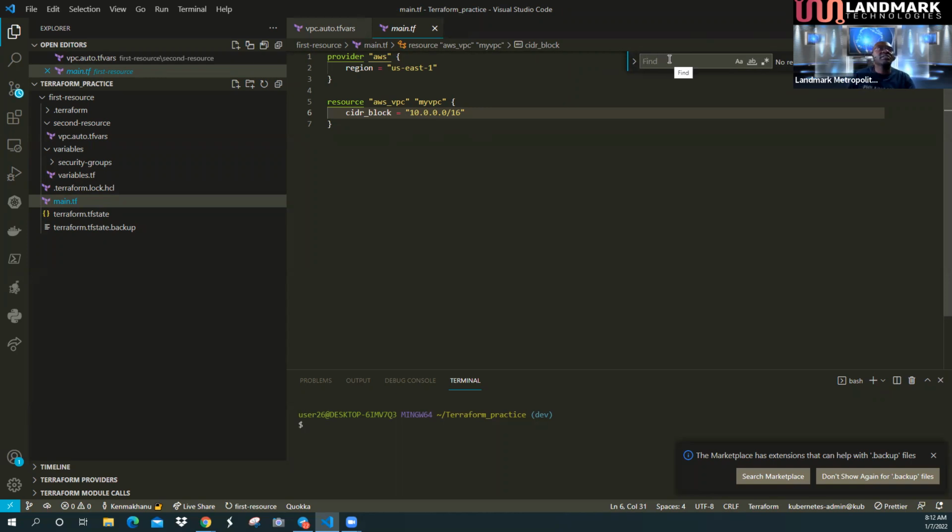So from here, I want to search for my VPC. I'm assuming this is a long file, so it is going to highlight where my VPC has occurrence of my VPC. Now, if I wanted to replace it, if we click on that, it is going to open here, replace right here. So if I wanted to replace my VPC with another underscore